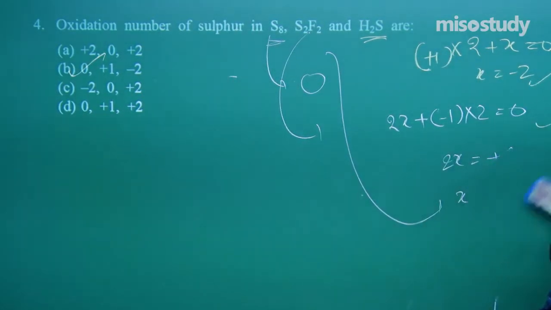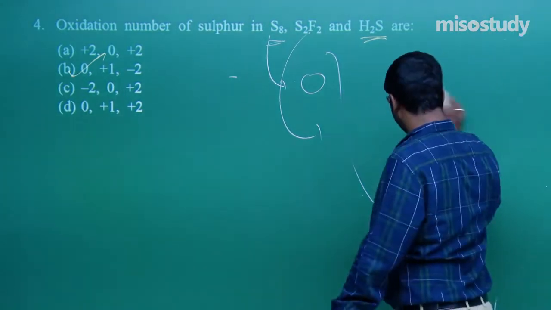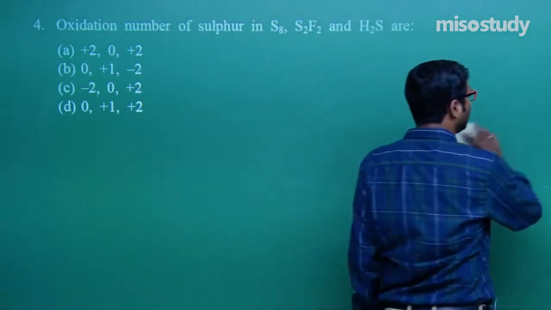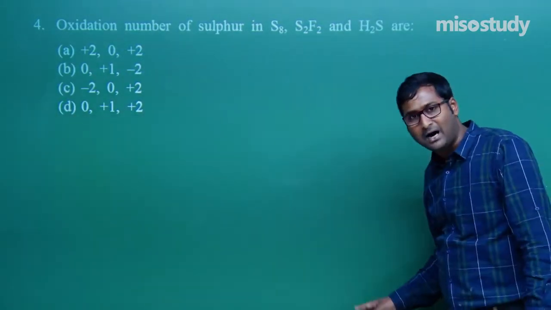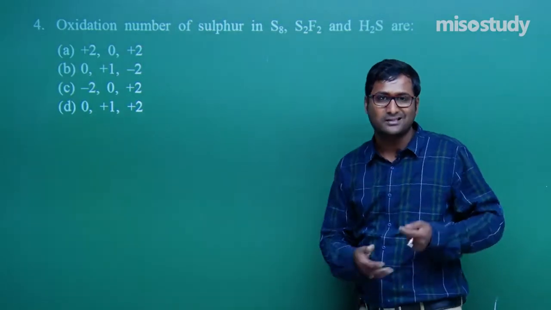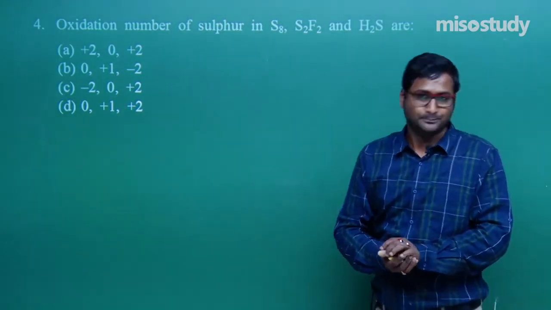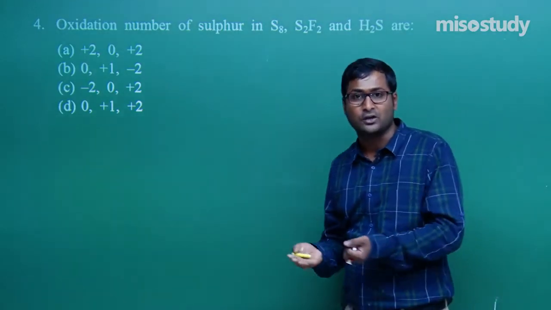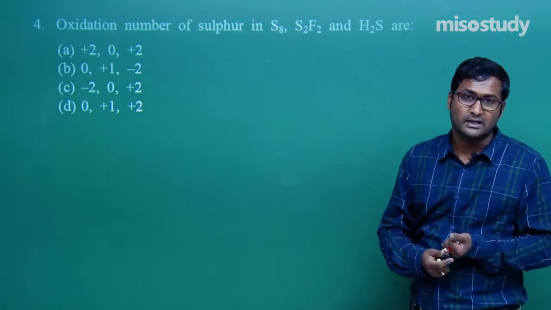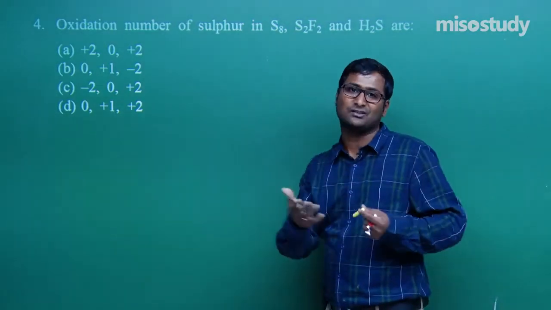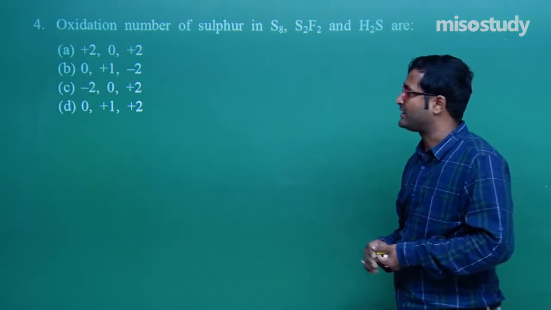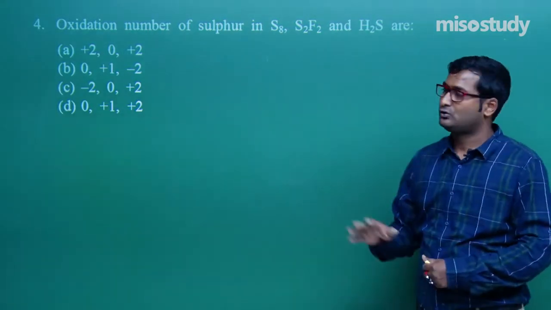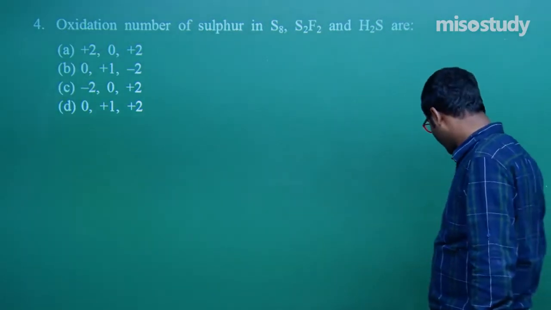Now, wait for a moment. This chapter is so much easy, but this chapter links to one of the best chapters of chemistry, physical chemistry, that is electrochemistry. If you have a command on oxidation reduction, that is the redox reaction, then you can easily solve questions related to electrochemistry. Otherwise it is not possible to solve questions like the Nernst equation, like the equivalent concept. So these are among the best topics, a pathway to solve questions related to electrochemistry. If you have any doubt, as I told you before, then you can easily approach me. I am always here to help you. Clear, friend? Now let's move to the next question.